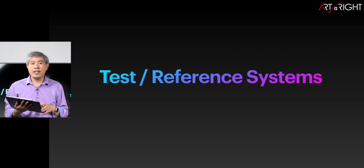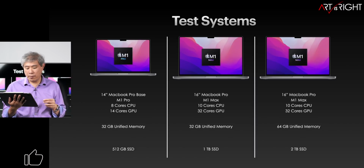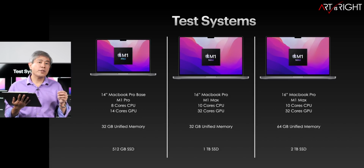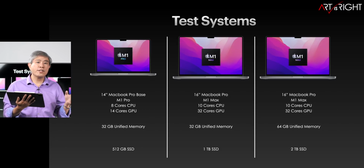Let's have a look at the test reference systems I have. There are 3 of them. One of them is the 14-inch MacBook Pro, base M1 Pro processor, 8 CPU, 14 GPU, 32 gigabytes of memory. The next one is a 16-inch MacBook Pro M1 Max, 10 CPU, 32 GPU, 32 gigabytes of memory. And the last system is a fully upgraded one, 64 gigabytes of memory on the system with the same top